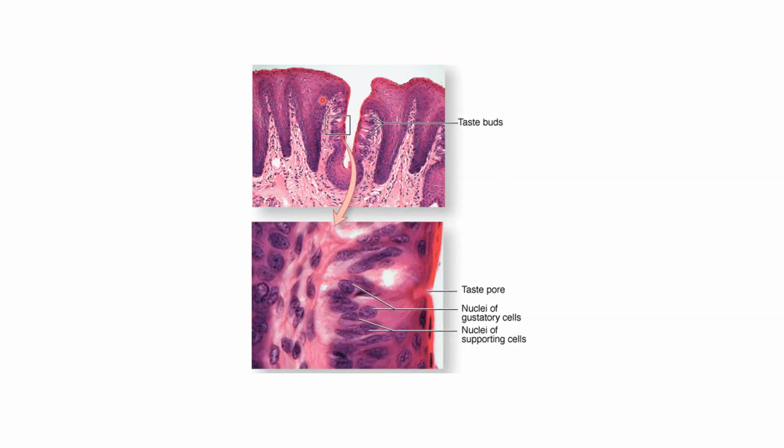So this is a taste bud, which is an H&E stain, and this is part of the foliate papilla. Here you can see the taste buds have 3 types of cells, and there is a pore, the apical pore or the taste gustatory pore, which is surrounded by the 3 different types of cells. One are the sensory cells, the other is the supporting cells, and the third is the basal cells, which act as the stem cells.